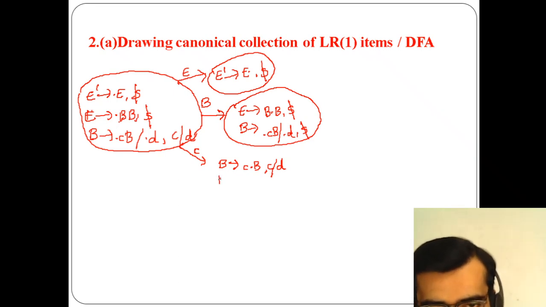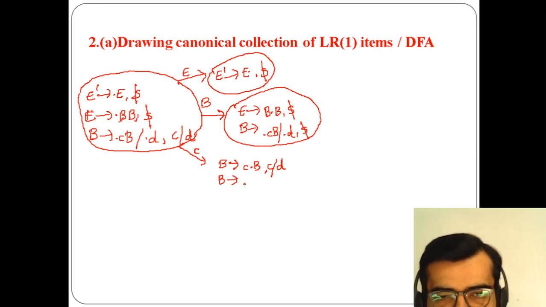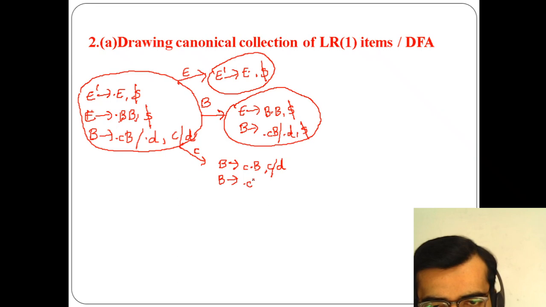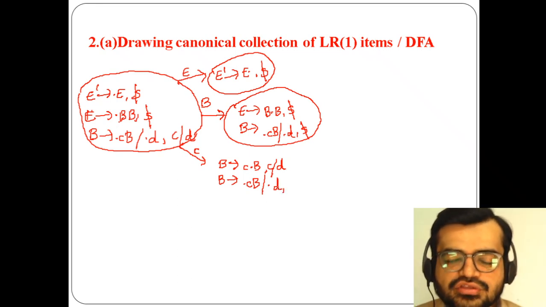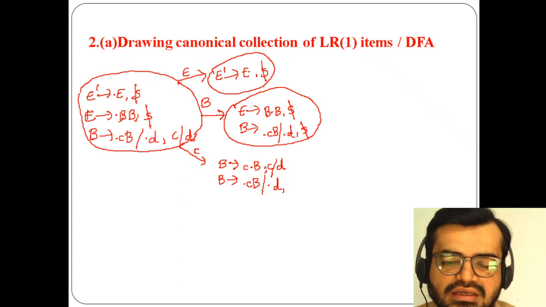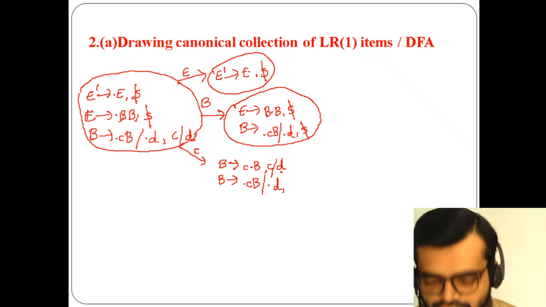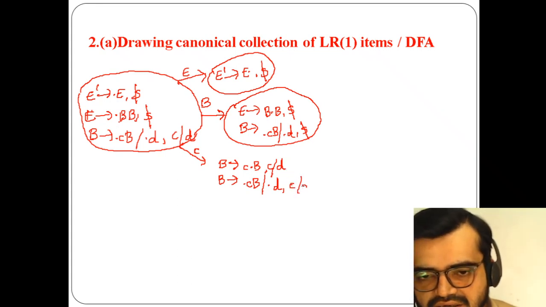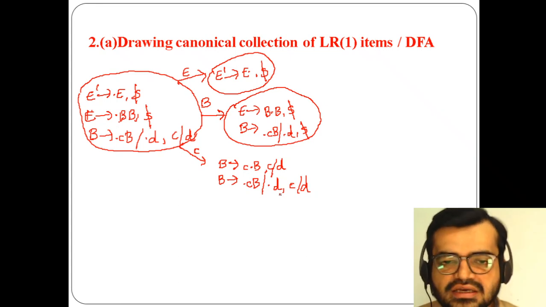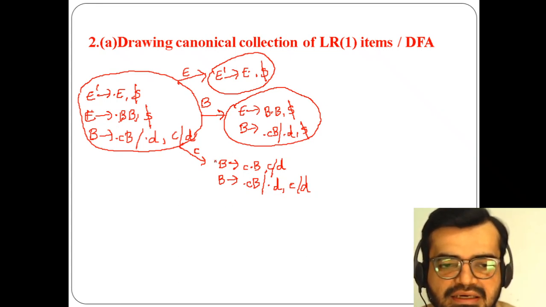Again I have to read B. So when I'm reading B again here, I have to use this B, which refers to this only: dot C capital B, or dot D. So dot D is there. After dot, again there is nothing. When I'm reading this B, no symbol will be there in the first production, so I have to use the previous look ahead symbol only. What is the previous look ahead symbol? C or D. Okay, so here this state has been completed.